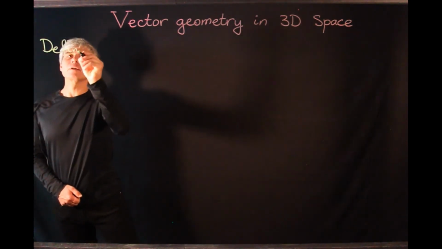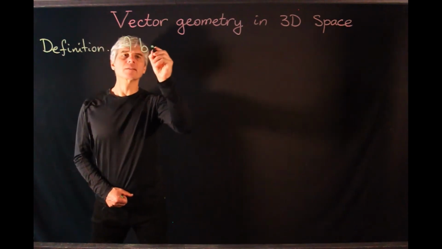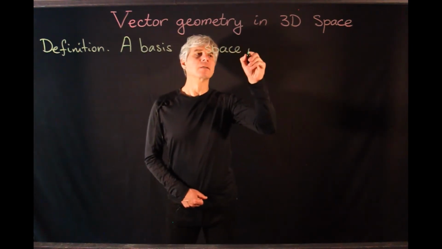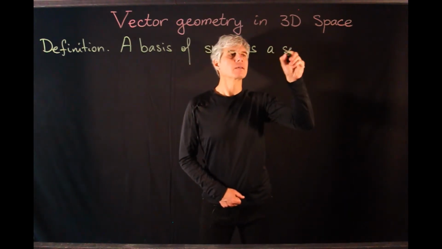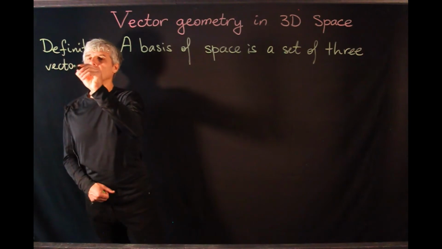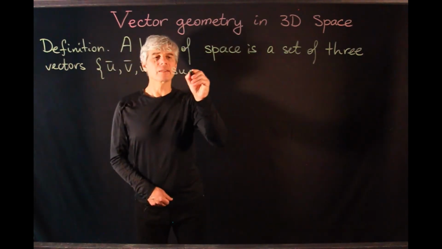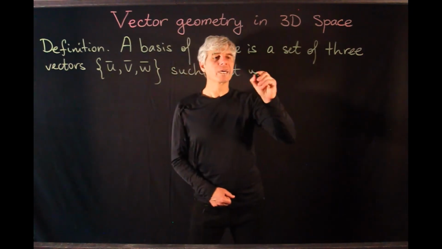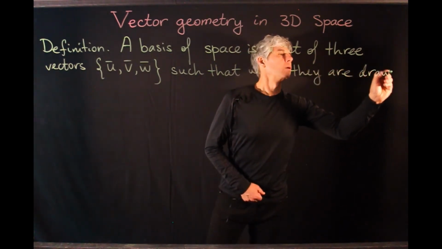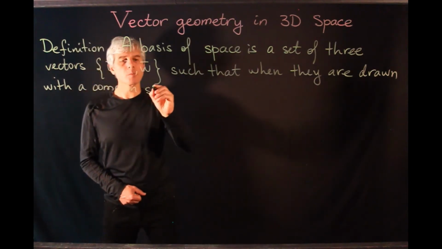Definition. A basis of space is a set of three vectors u, v, and w such that when they are drawn with a common starting point,